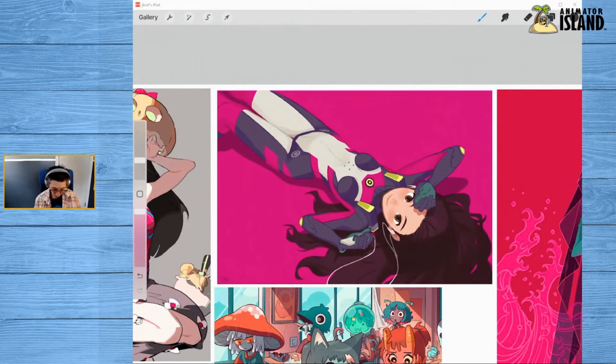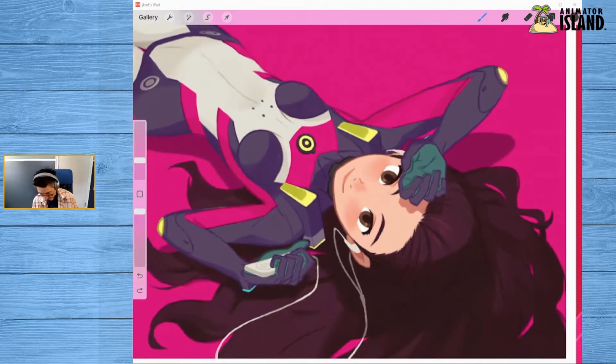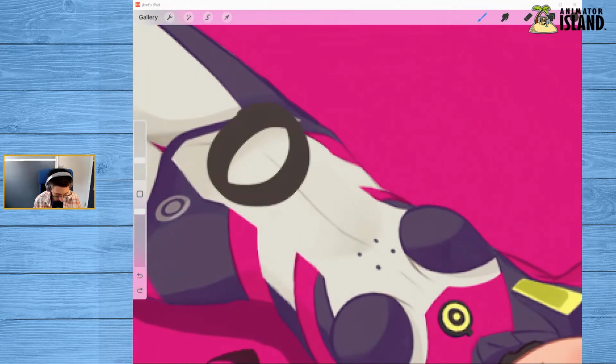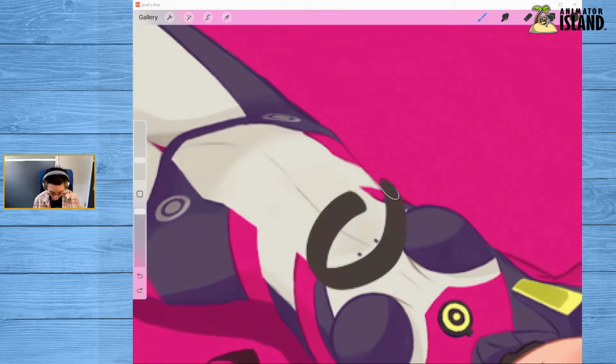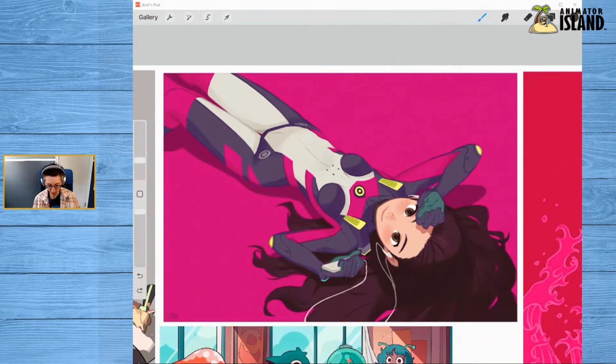Most of this, I'm pretty sure, is flat color, but if you look at her face area, the cheeks have this gradient and the nose, but everything else is relatively flat in color. The hair might have a little bit of gradient to it, and there's some subtle gradients in the shadows, right? But it's not dramatic. Most of this is pretty flat in color, which is a nice thing.